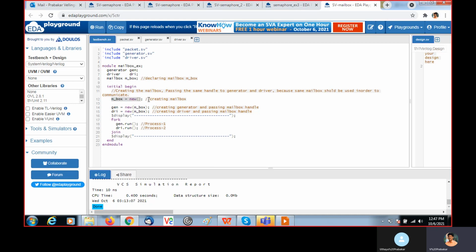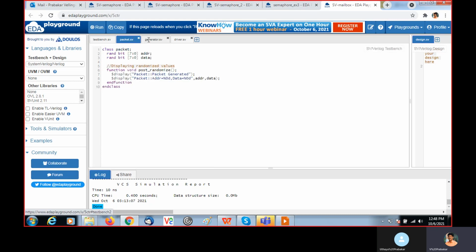For example, 100 is the memory location assigned for the mailbox. That 100 I am passing. When I call new for the generator and driver, I am passing the handle of the actual mailbox, this mailbox handle.